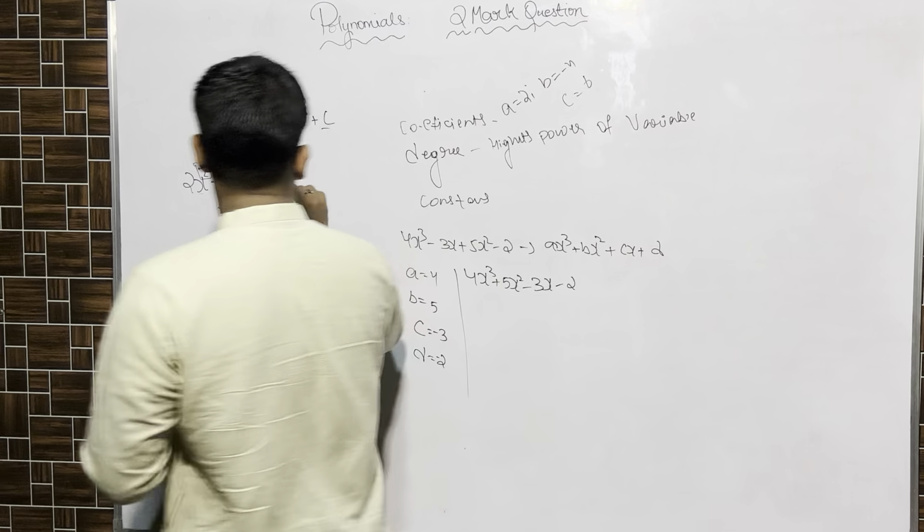A is 5, B is 0, C is minus 6, D is 0, E is 0, F is 0, G is 7, H is minus 6. It is not asked in the textbook, I just did it to help you understand how to rearrange and write this in decreasing order of the power.